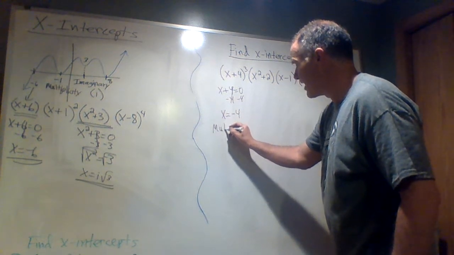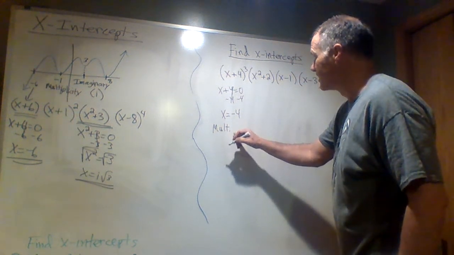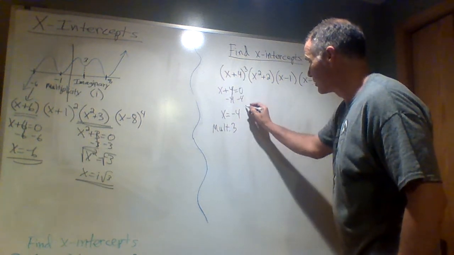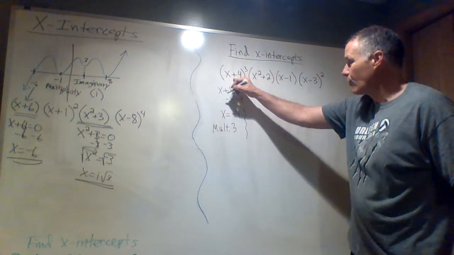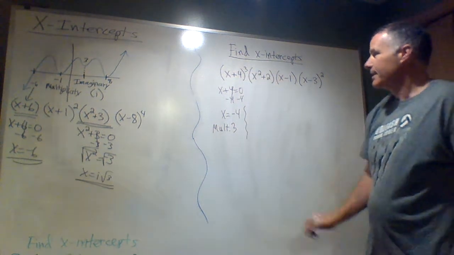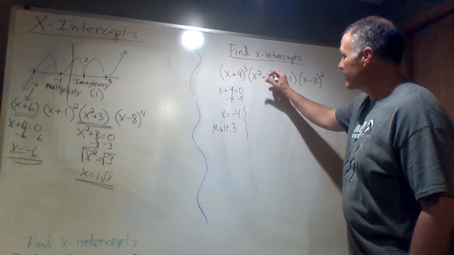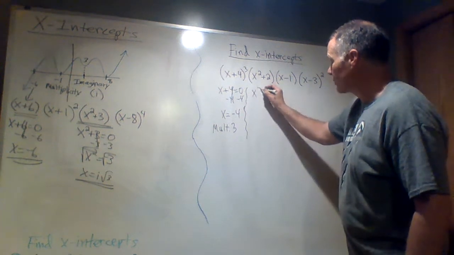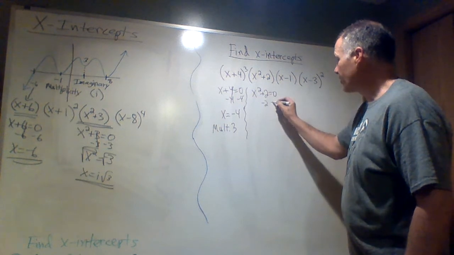Okay, now I'm going to do a little multiplicity. That's short for multiplicity, but I have multiplicity 3. So my first answer, I have x equals negative 4, because that binomial set equal to 0 makes a negative 4, but I have it 3 times. Okay, now look, if you remember from the other side, the square is not on the outside, it's on the inside. So again, if I set this equal to 0 and solve,